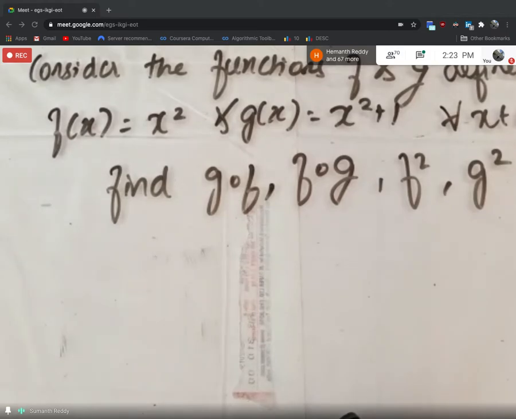Now he has given you the definition of f of x and the definition of g of x, and you know the elaboration for the composition. So g composition of f of x will be g applied upon f of x. Based on this, I want you to try to solve this problem. I'll give you 3 minutes. If you have any doubt, I'll solve it again. So at least make an attempt to solve this problem.